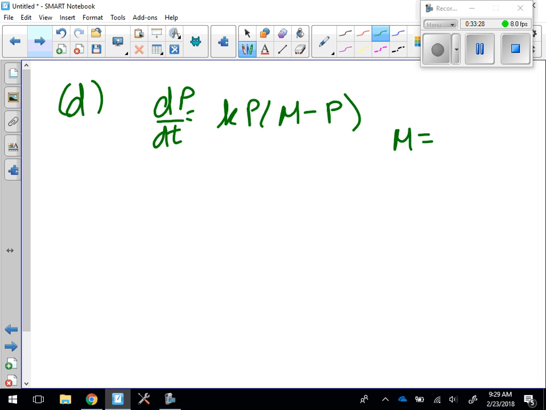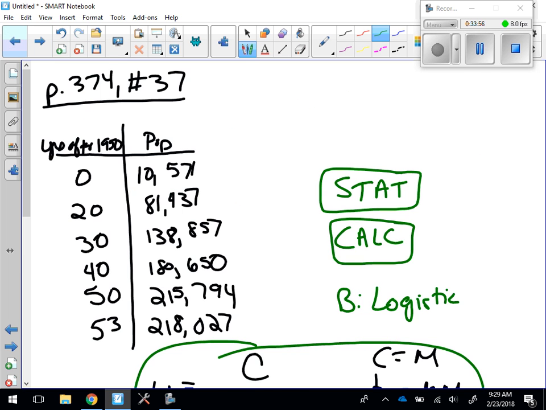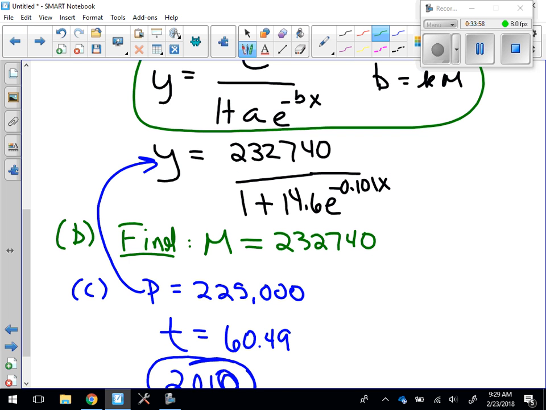Because we figured out what m was, right? What's m? Okay, but I need k. How do I find k? So remember that the thing that's in front of the t